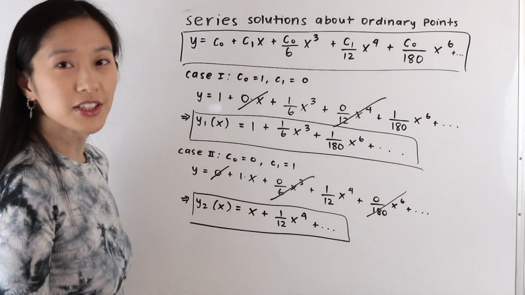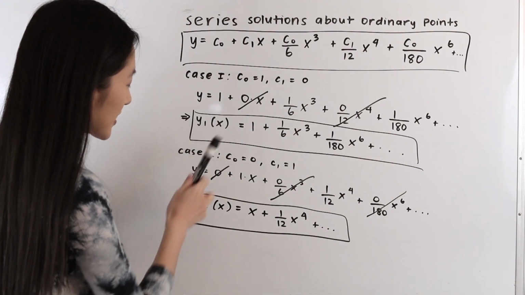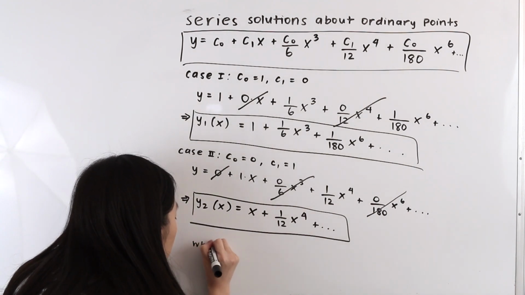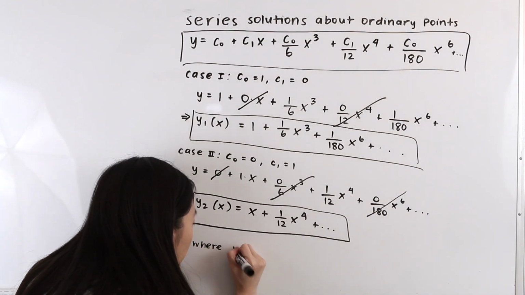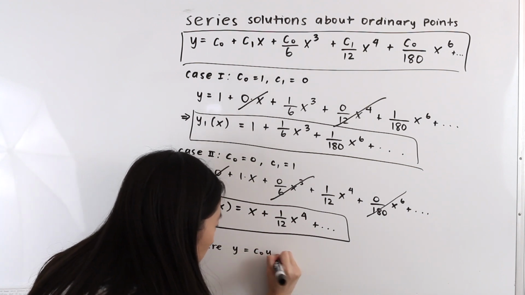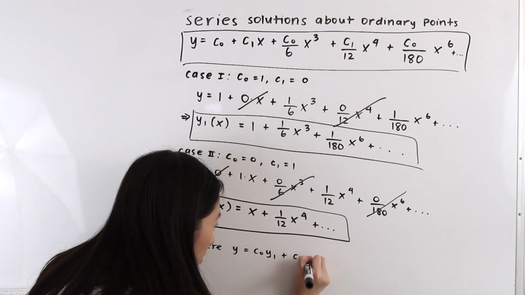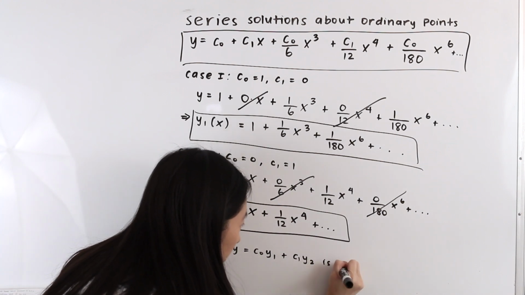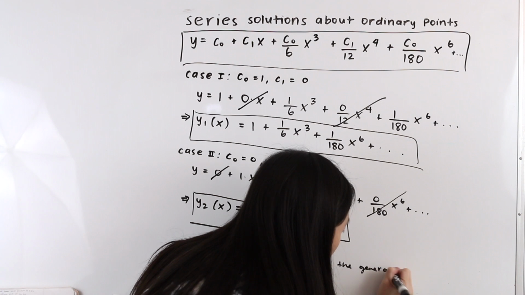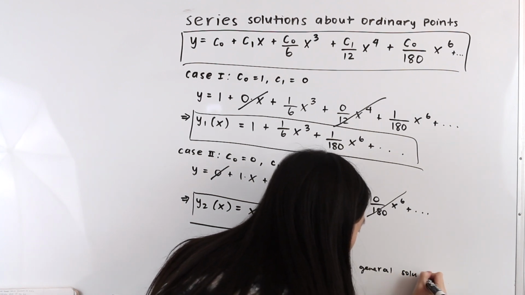So now we have our two series solutions, y1 of x and y2 of x, where y is equal to c naught y1 plus c1 y2 is the general solution